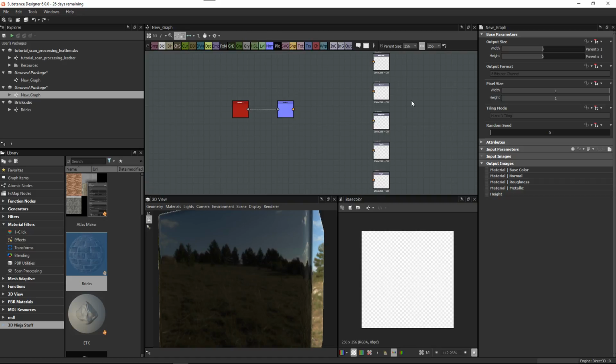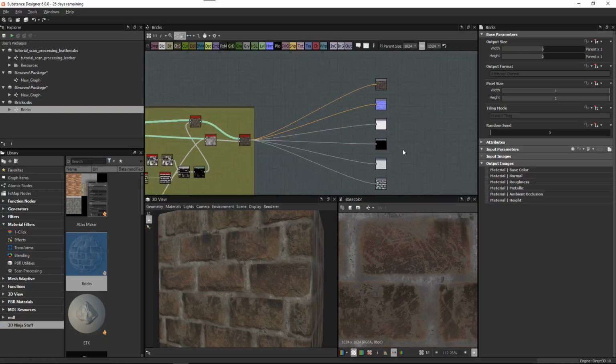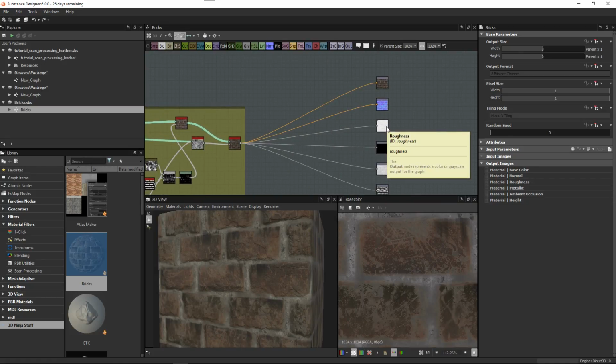It was fine, but it was also really easy to mess this up, and I did this myself all the time. What I mean is I would be working at a resolution, and then I would leave it set at like 2K or 4K. Then I would try to instance that graph into another graph, and it would bog the whole system down, and it would just be crazy. So my long explanation is that we finally added this new feature here at the top,